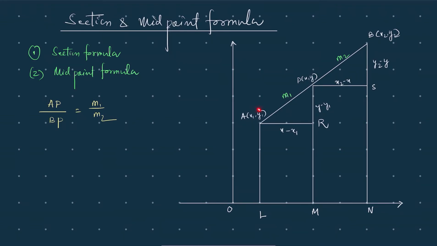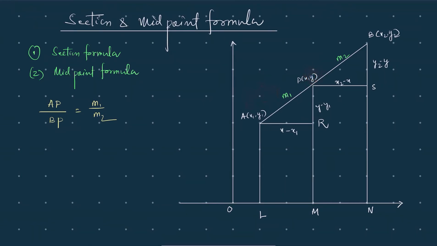See here, this is called y1. So what is the distance from A to L? If we draw a perpendicular from this point A to the x-axis, this is a perpendicular distance. Suppose this is L, then the distance AL is equal to y1. At x1 the functional value is y1. At x the functional value is y, so we can write y is equal to f of x.